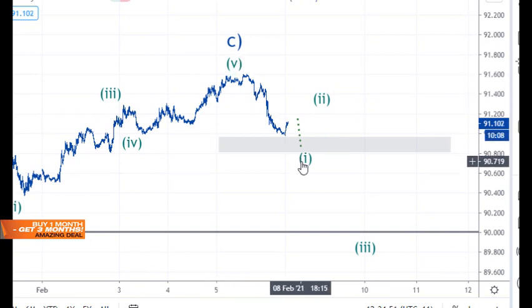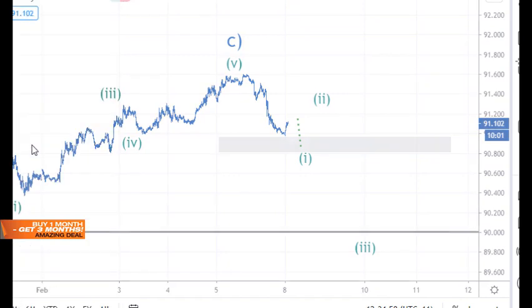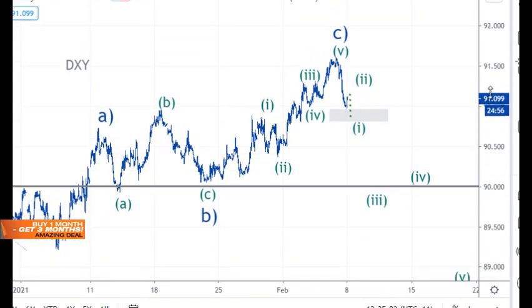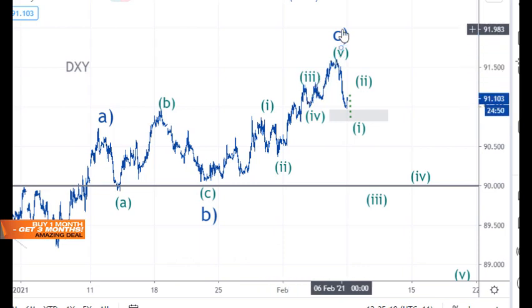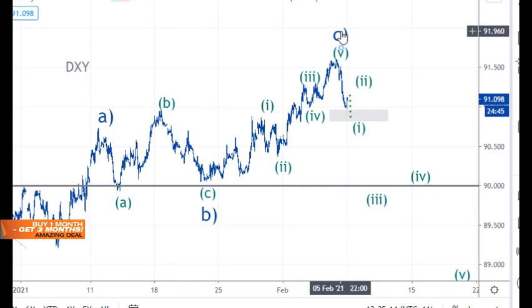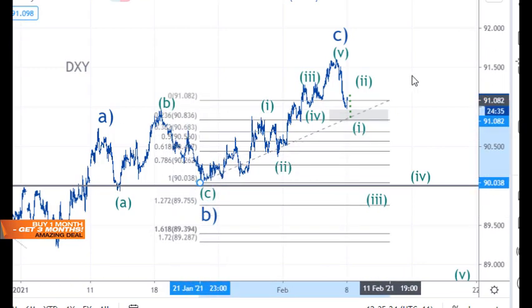So yeah, look, that's the sort of flip side to this market, to the gold at this stage. So just putting this on the hourly chart here. So an A wave here, an A, B, C for the B wave here, and then 5 waves up for the C wave here. But to confirm this as a corrective move here, we would need to see 5 waves down here at least in this point here, and also to see the market drop below the 61.8% at some stage. So